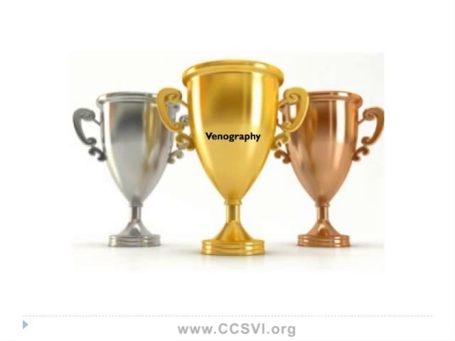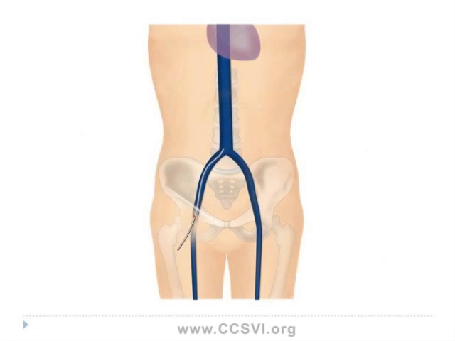And what venography means is that we're going to go inside the vein and take a look at what the vein looks like. So this graphical representation here is us putting a catheter, which is a tube about the size of a piece of spaghetti, into the femoral vein by the hip and threading it up using x-rays for guidance up through the heart right here, up into the veins that we're studying. And once the catheter makes its way into the internal jugular vein, we can take a picture.